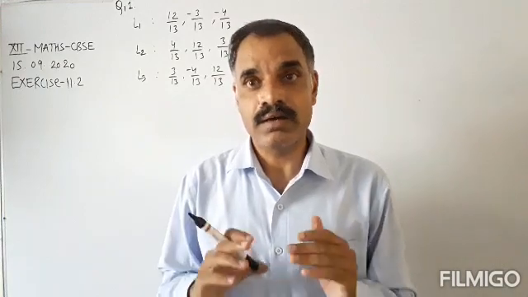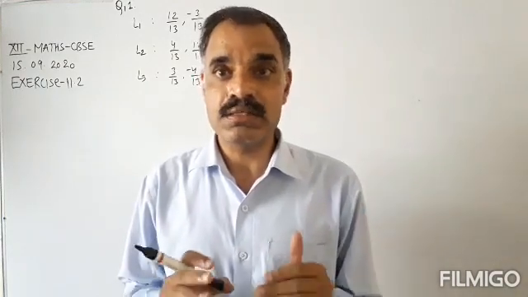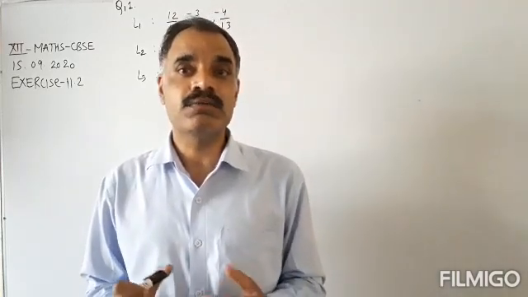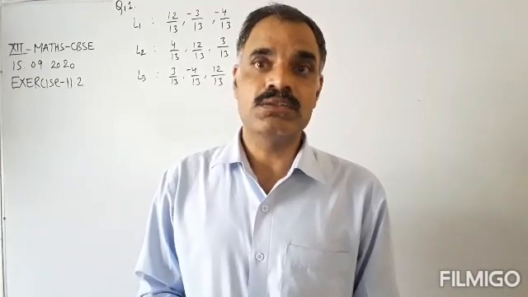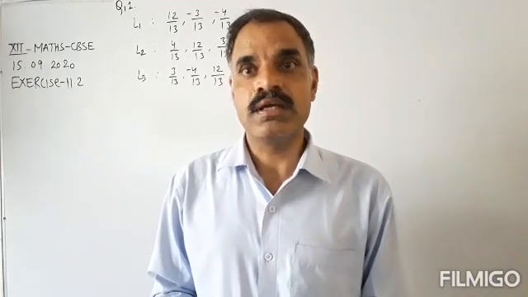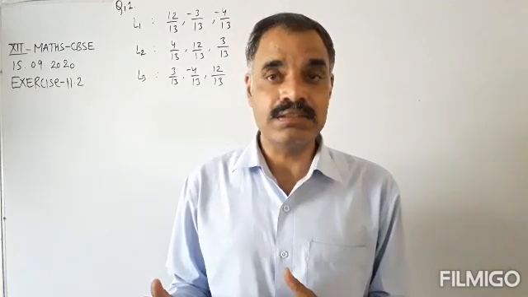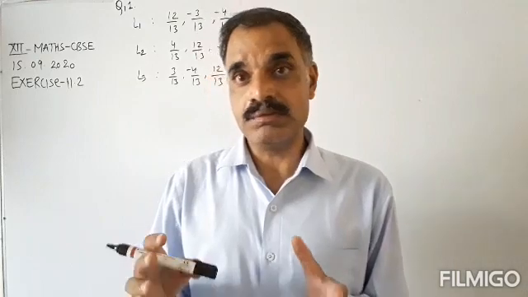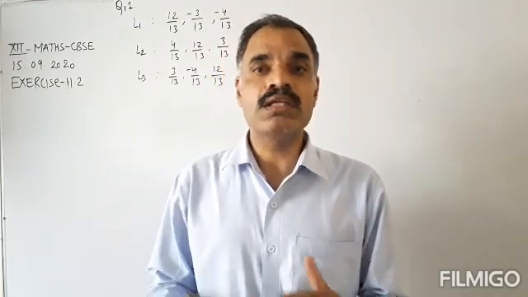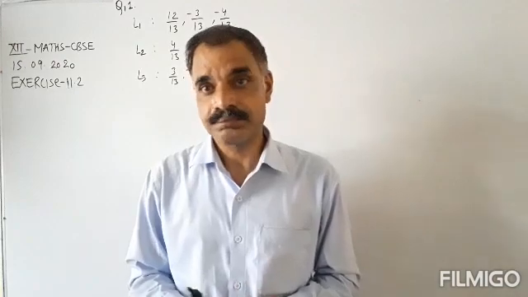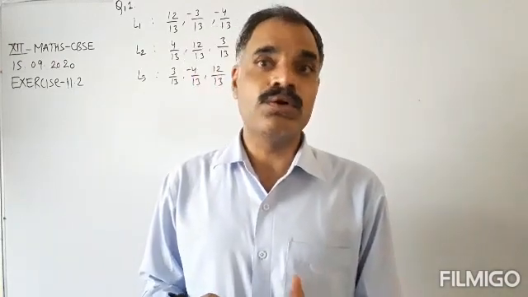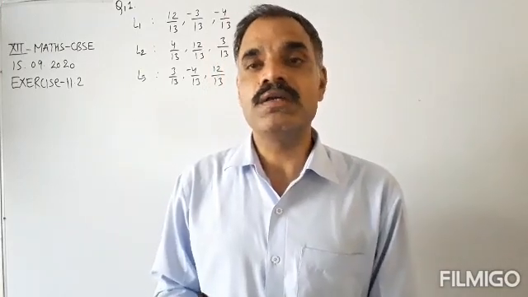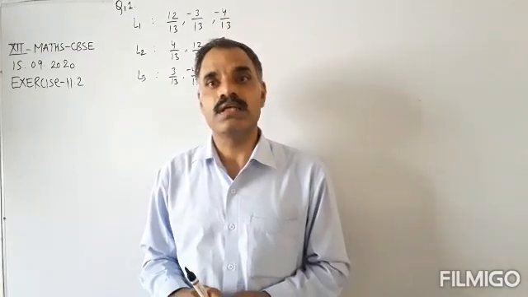We found the equation of a line passing through a point parallel to a given vector, and then the equation of a line passing through two points. After that, the angle between two lines, the shortest distance, and the distance between two parallel lines. All these topics we completed yesterday, so to learn more about them you have to see the previous video. Now we are solving the questions of this exercise.